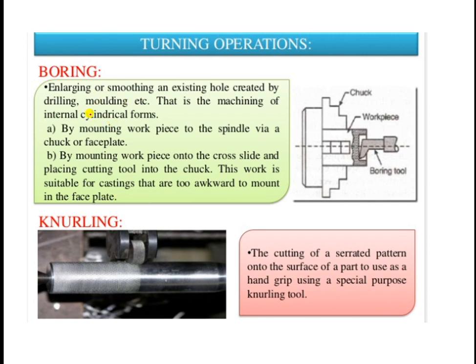And now in case of boring, whatever boring tool you are going to observe here will be fixed on the tailstock on this side. With the help of the tailstock it will be there, and this tailstock will be on the guide base on this side. Try to only remember that it is a fixed one. The drilling tool will be fixed with the help of the tailstock. The boring tool will be fixed with the help of the tailstock. So try to remember this, that the boring operation will be carried out.